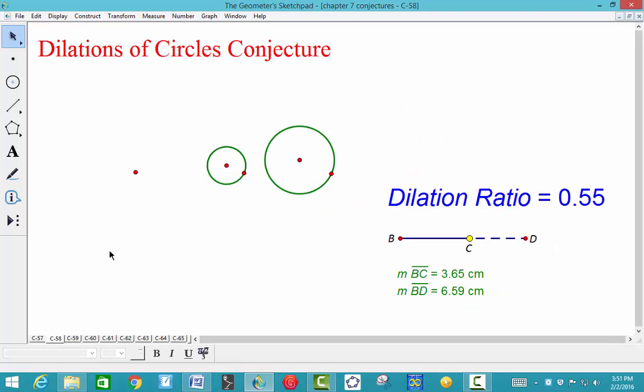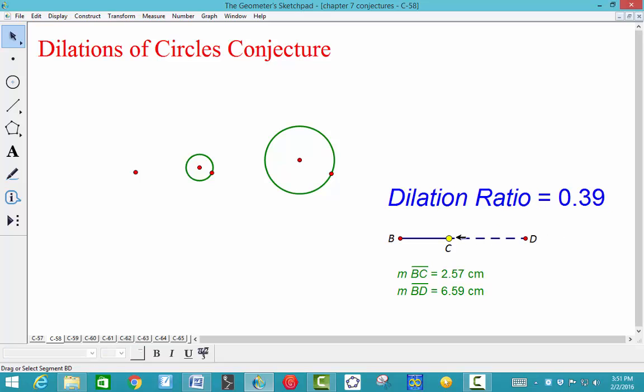Conjecture 58, dilations of circles conjecture. Since one circle can be dilated to transform onto another circle, all circles are similar. And what we're going to do is just drag this point here to show the ratio. So if you were to take the ratio of BC to the length of BD, you would get this ratio